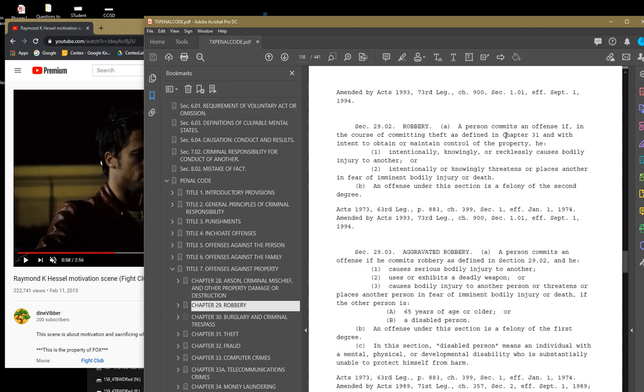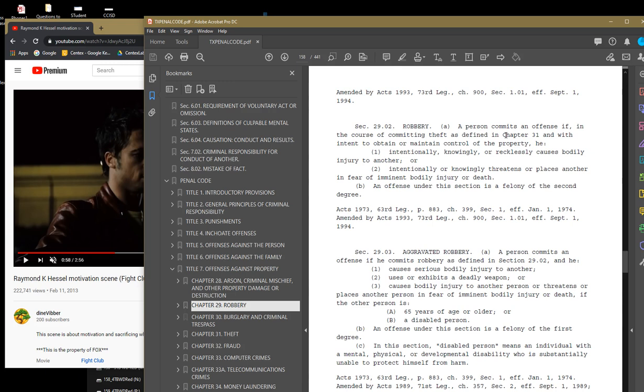So that's what I wanted you to understand about this. It's what's called a lesser included offense. The term lesser included offense means that with any crime, to include murder, robbery and sexual assault, you will likely have many other lesser included offenses that are included in that crime. To commit kidnapping, you also have to threaten someone, which is an assault. And you may drive faster than the speed limit on the way to the crime scene or leaving the crime